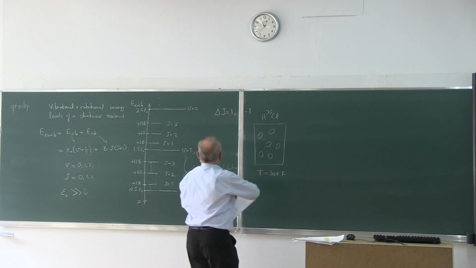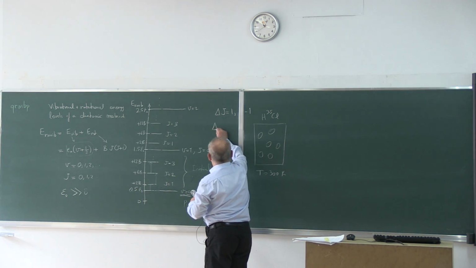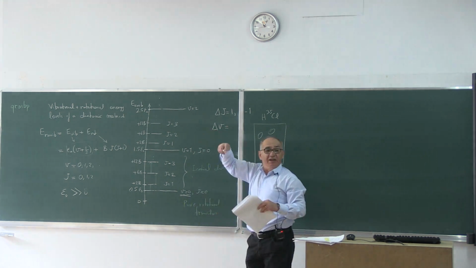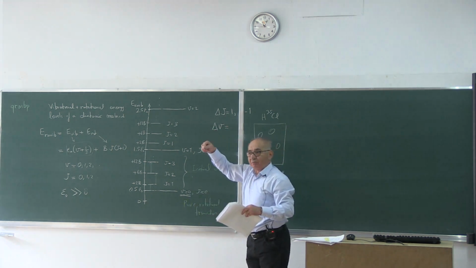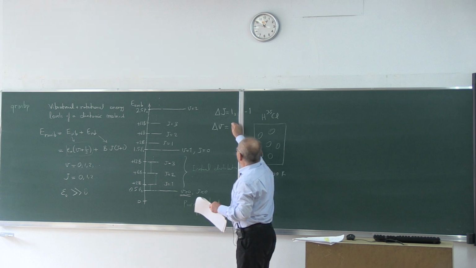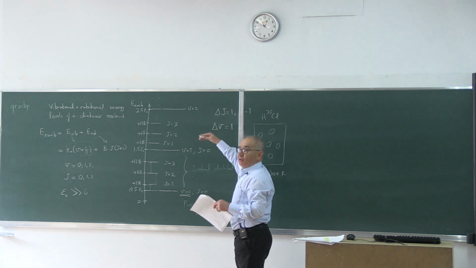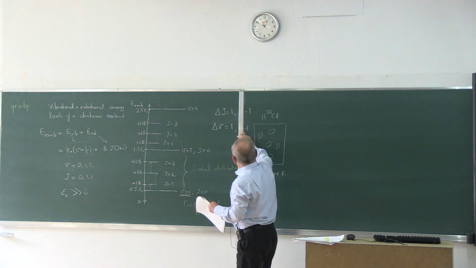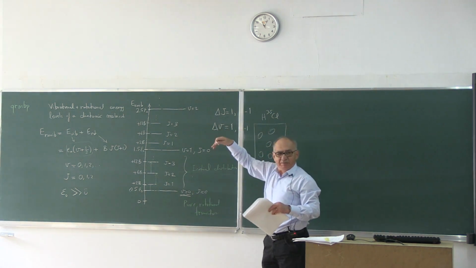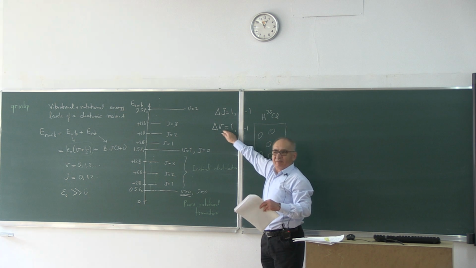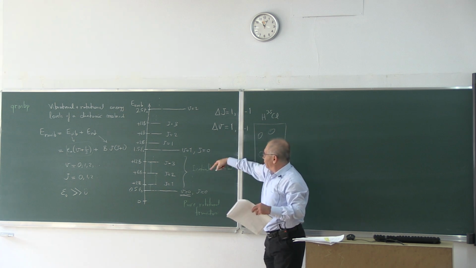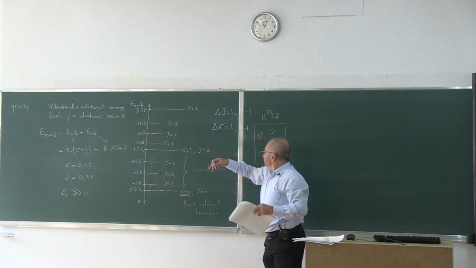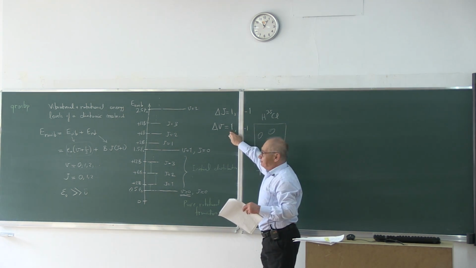The vibrational selection rule is delta V, the change in the vibrational quantum number, must be +1 for absorption. There is also -1, which corresponds to emission for vibrational transitions, but we are talking about absorption here, so it is the +1, which means